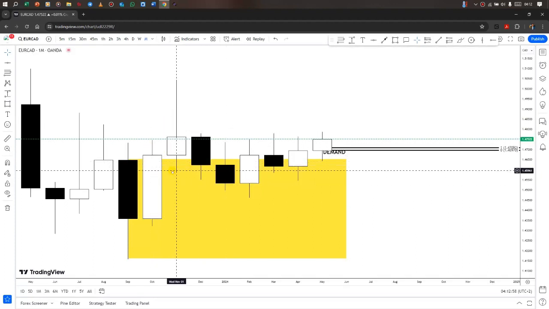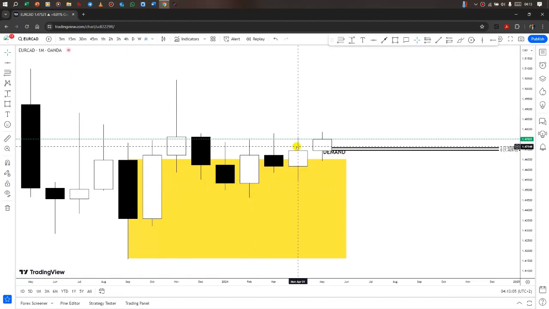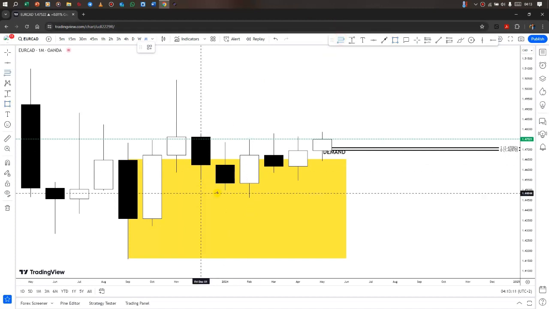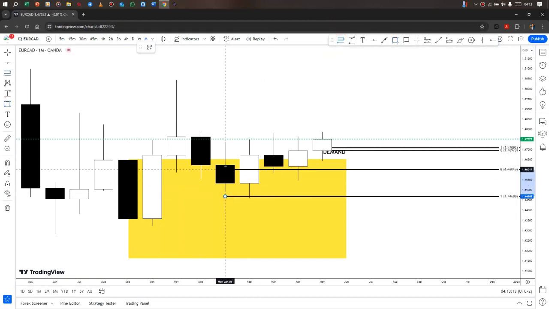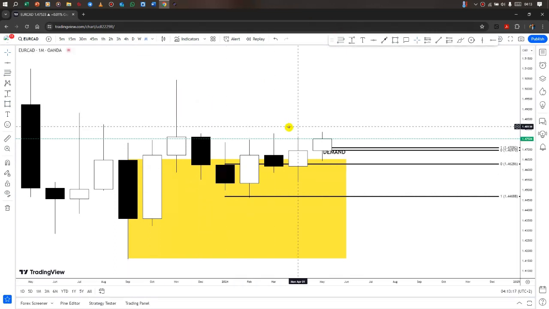Then this was the first reaction. Then it kept on piercing within our zone and it started rallying from this level here. As you can see, we can also say that it's rejecting from this one too. So we can see that EURCAD is currently bullish due to the fact that it's rejecting from this monthly demand